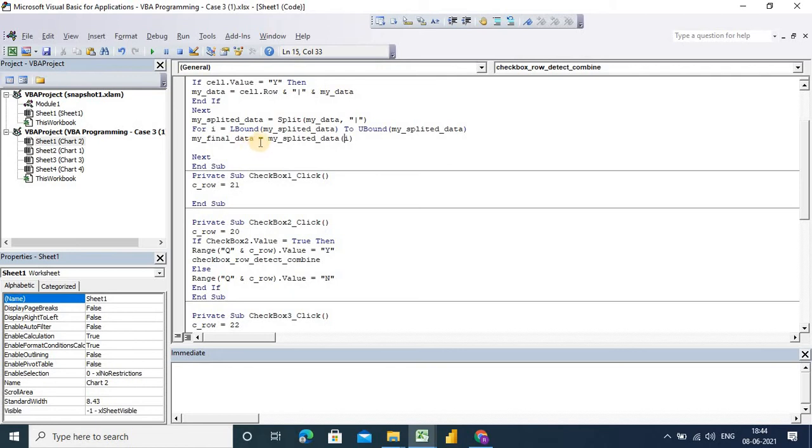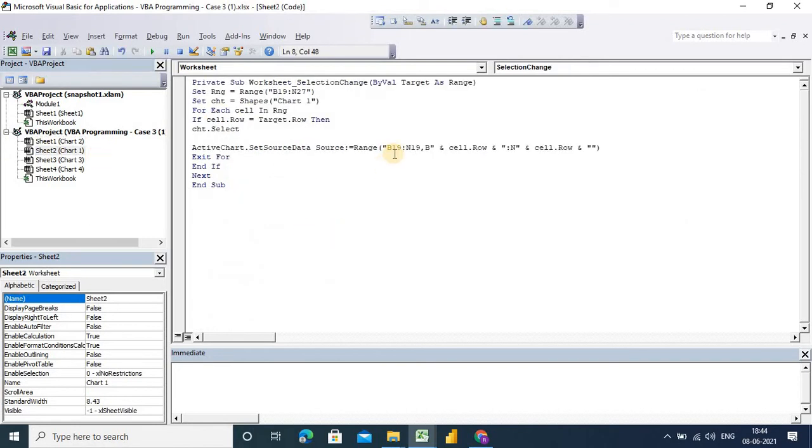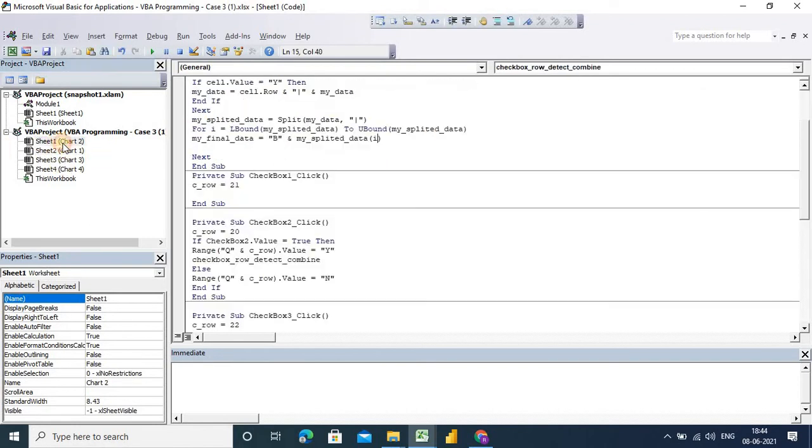B19 to N19, like this one. So again I am separating this because it is a requirement of Excel that you separate the row with a colon.